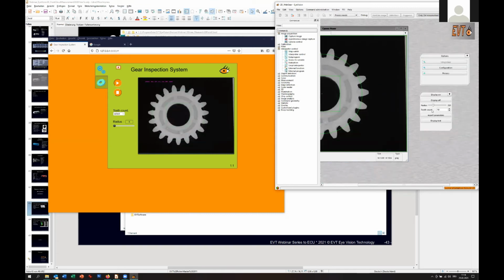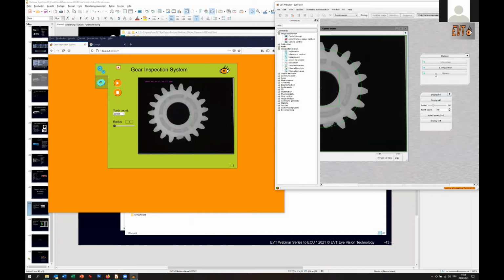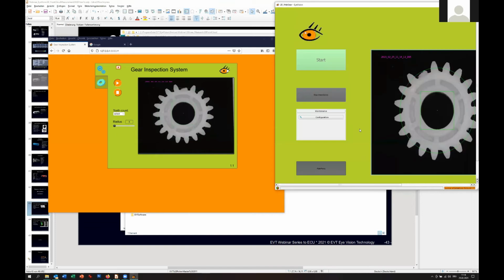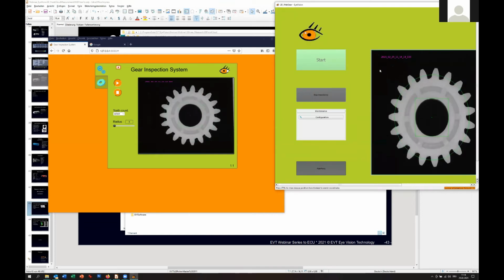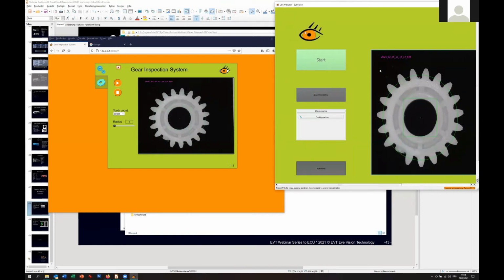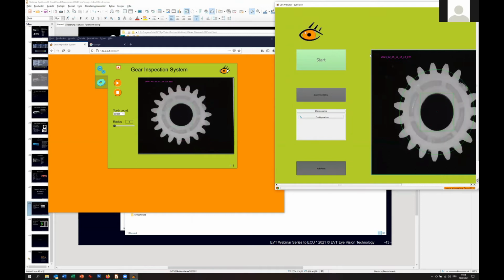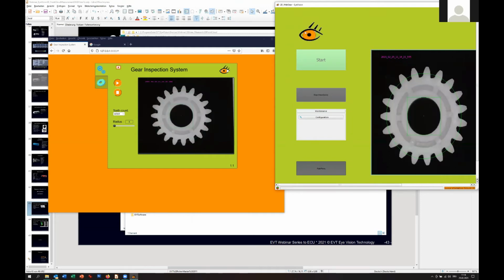So in whatever condition we are here, you have the full access to the software based on the